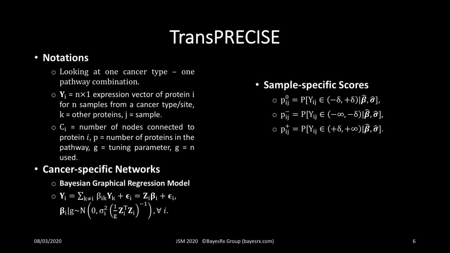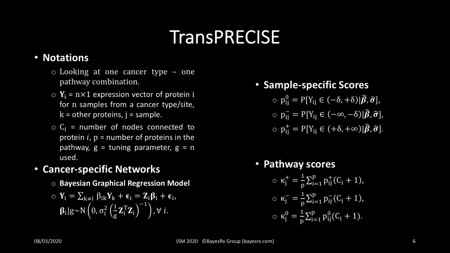In some sense, this actually corresponds to that protein being neutral, suppressed, or activated respectively for that specific patient or cell line sample that we are looking at. Once we have done that, this is at a sample across protein level, and we want to take it to a pathway level. For that, for each sample j, we look at all the protein scores that we have computed in the previous step for one pathway, and we aggregate them in a weighted average structure